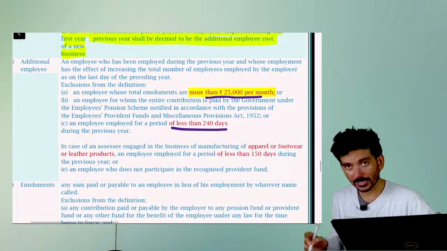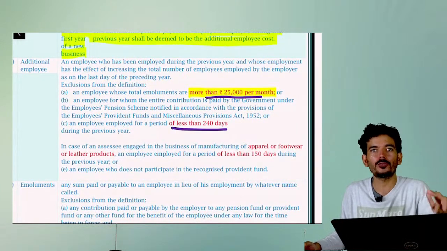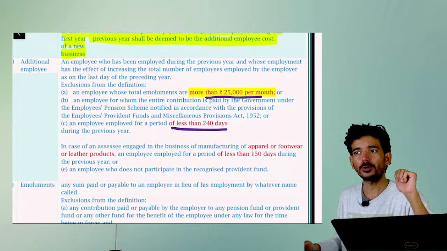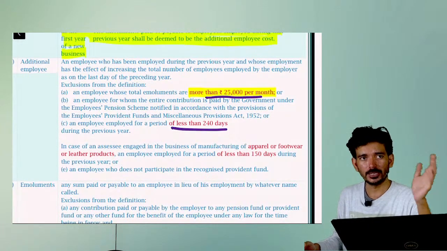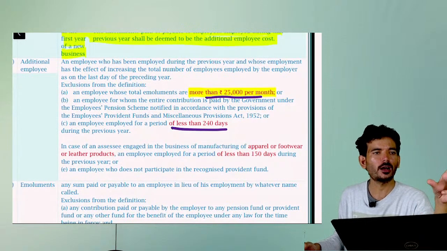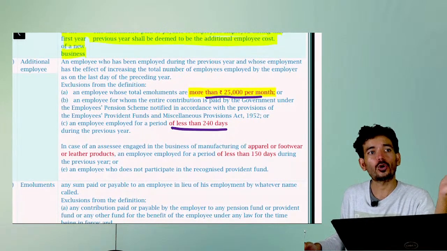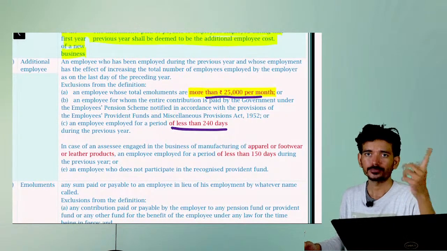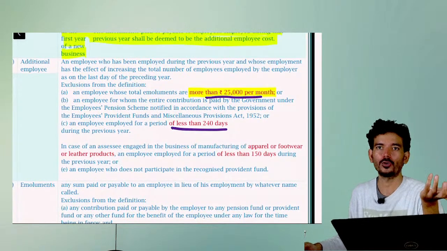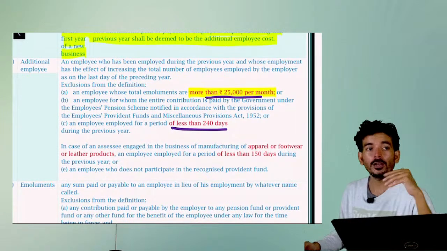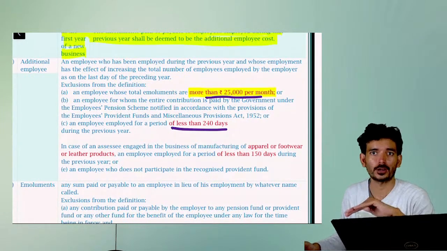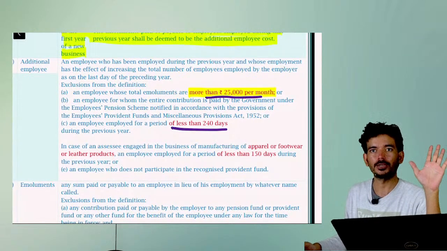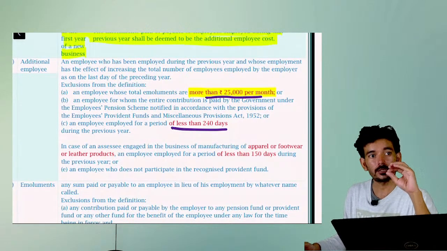And one more thing, that worker should be employed with you for more than 240 days. Why are you saying 240 days? See, at the end of the year you might hire 1,000 workers and pay them only for a short while. All these jugaad, Indians are known for it, right? So I want your workers to be in your organization for at least 240 days, at least 8 months completely. Then I can say yes, they are genuinely